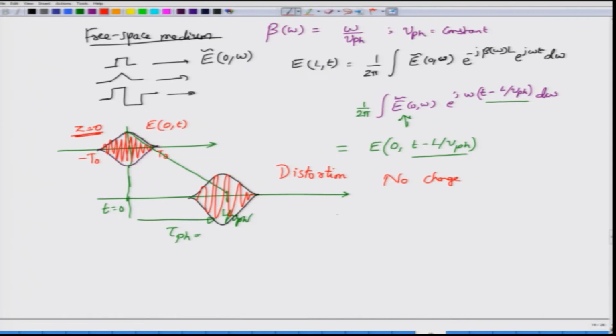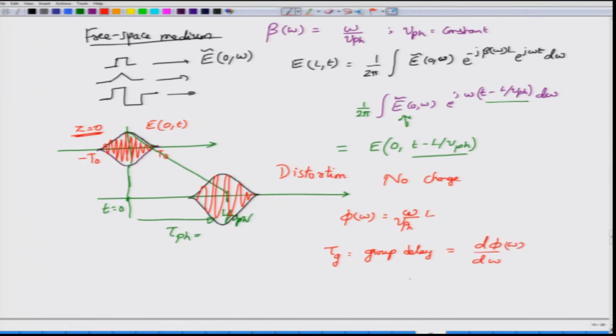Okay. So, the phase spectrum for this one, phi of omega, is given by minus, since I have used e to the power minus j omega, so I do not have to use a minus here. So, what we have is omega by VPH times L. So, this is the phase spectrum, and we define something called group delay. Okay. You will soon see why this is called group delay: it is d phi by d omega. Okay.